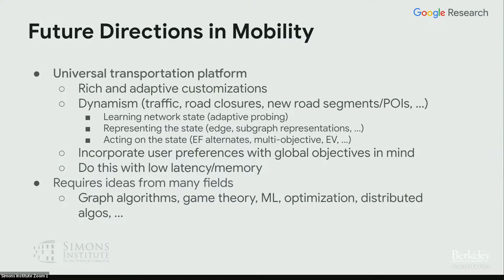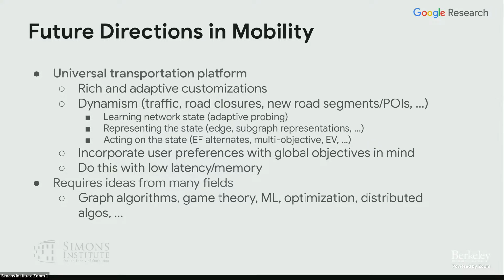So basically, you can break this up into three categories. One is, first of all, what is the network that we're dealing with? So that's learning the network state. You can probe, you can get a lot of signals from the network, speed sensors that the cities provide, etc., and a combination of these. We'll talk a little more about that as we go forward. And then, of course, since the state is dynamic and large, because the network itself is large, how do we represent the state in a succinct way that we could potentially use at runtime? So that's what we call learning representations of this network, embeddings and such from the machine learning world.